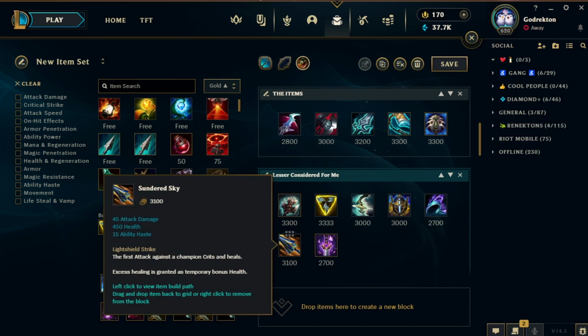Sundered Sky. Sundered Sky is definitely better, I think, as your 3rd to 4th item, which is probably weird to say, right, with how the item is built first on a lot of champions. But in my opinion, once I've gone Eclipse and I go either Cleaver or Sterak's, getting a Sundered Sky after that feels really strong because at that point, my crit's going to do more damage with the amount of AD that I have